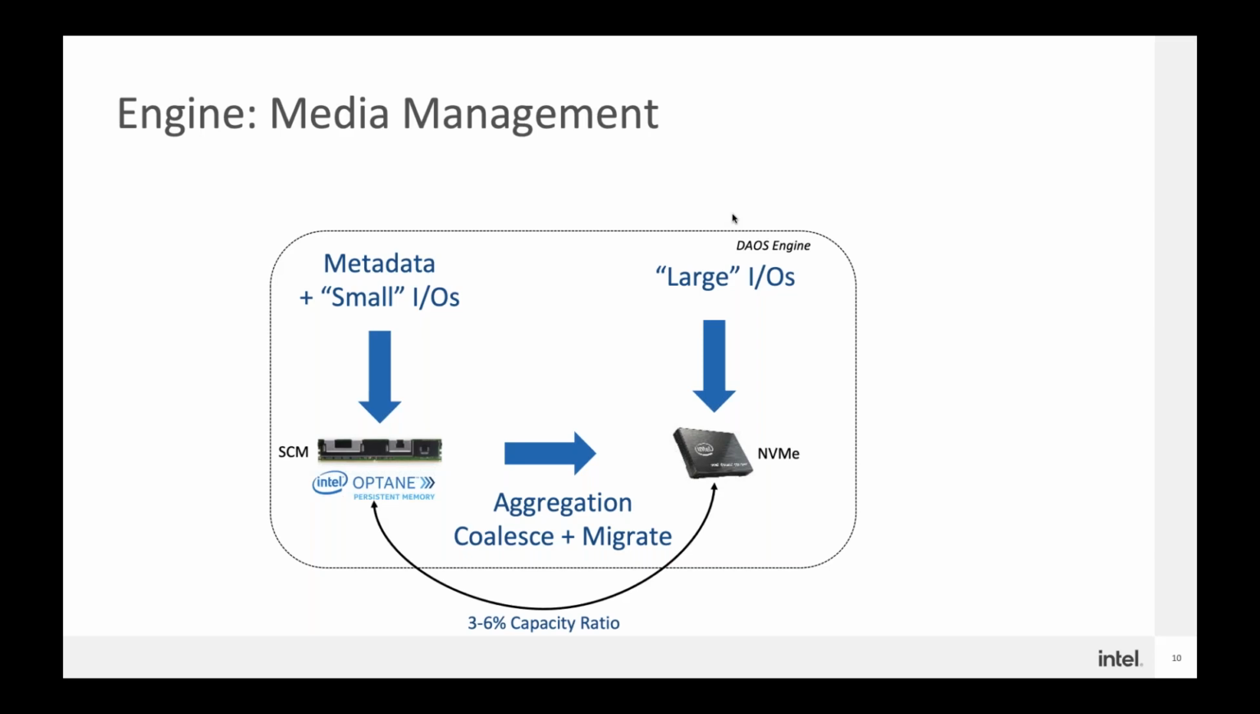Aggregation can also do something else, like for example, clean up leftover of distributed transactions of DAOS and run garbage collection for already deleted objects or keys. And the last thing I want to mention is the capacity ratio between the persistent memory and the SSD should be around 6%. This estimate is based on historical data of some large data center